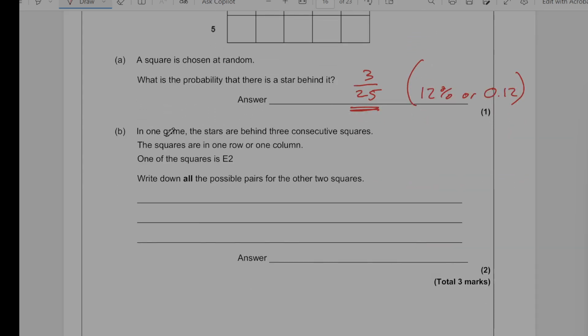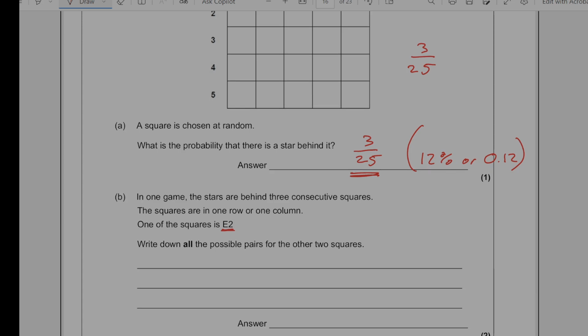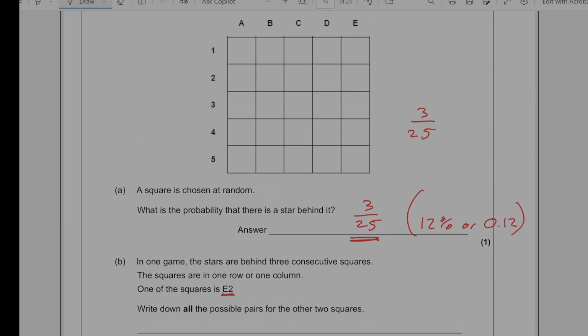Okay, part B. In one game, the stars are behind 3 consecutive squares. The squares are in one row or one column. One of the squares is E2. Write down all the possible pairs for the other 2 squares. Okay, so we know that there's a star in this square here. So E2. E2 is that square there. So it could be. Let's start with saying it's here and well, it could be there and there, or it could be